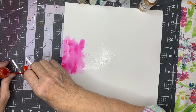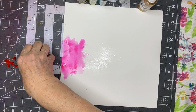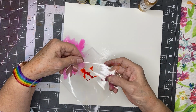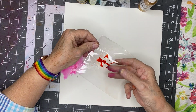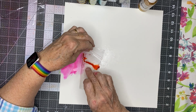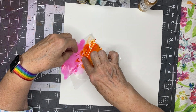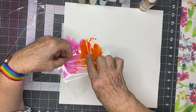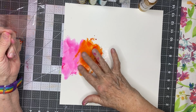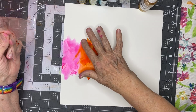One thing that I did, I accidentally spilled too much of the ink on the packaging, so I blotted it up with a paper towel, and then I just used the paper towel to blot the color onto the page. So I'm going to kind of fold that and let that blend right onto there. I possibly should have done that one a little closer to the pink. This allows, every once in a while, you see